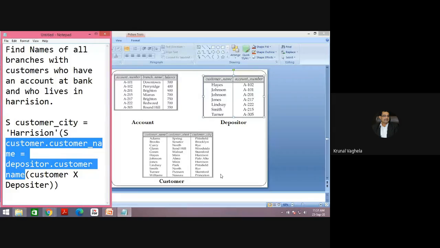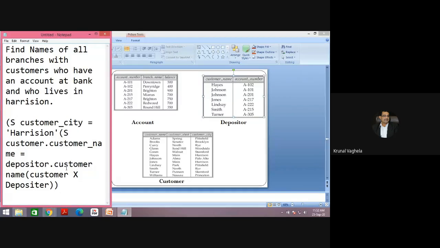In the last lecture, we discussed cost of the query. Otherwise, you are doing the entire tables' Cartesian product and then doing the selection operation. So by doing this, you get customer names with the account.